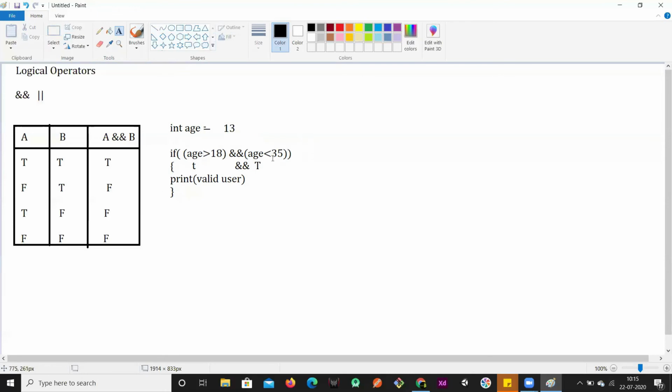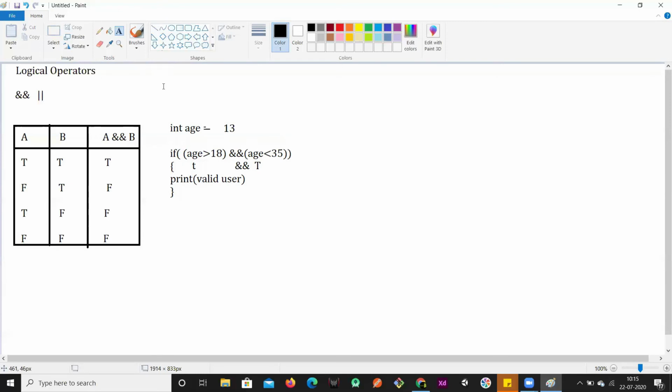If this is 55, then it is greater than 18, but it is not less than 35. So this will be true and this will be false. Only when both are true will the entire result be true. If both are false, or any one of them is false, the entire result will be false. This is the AND operator.